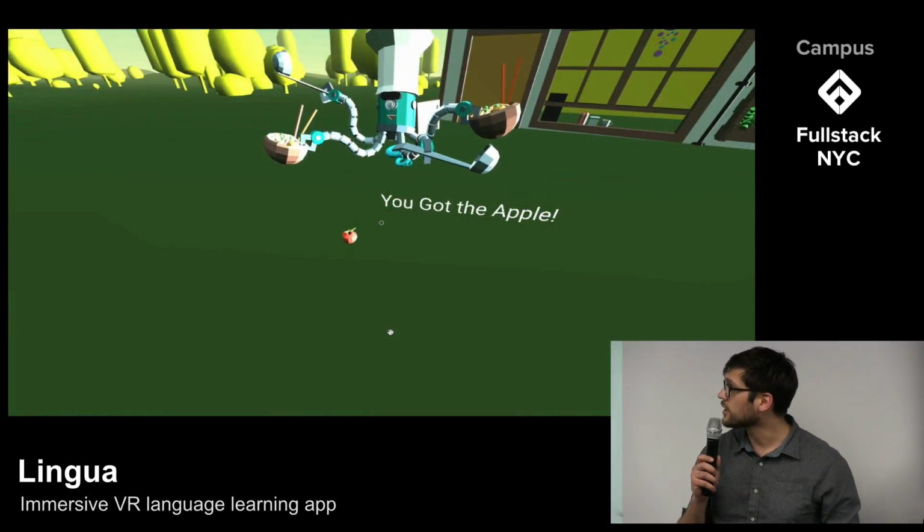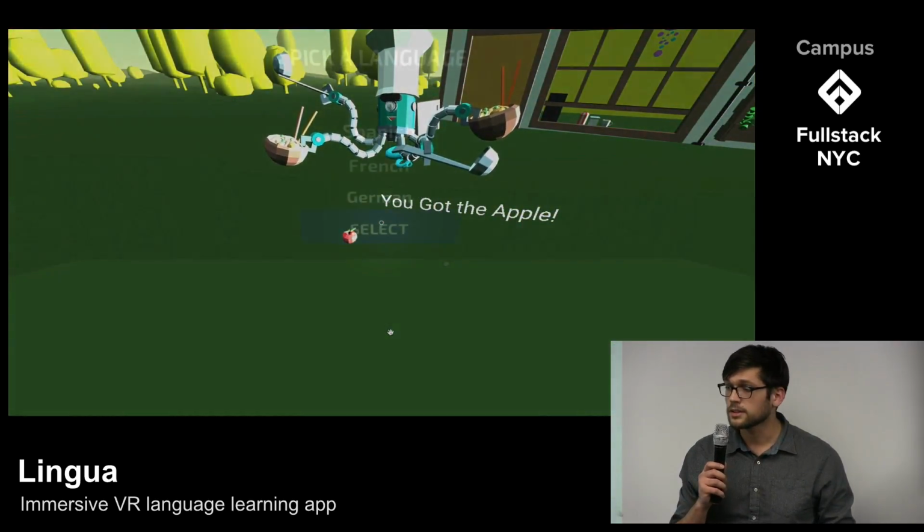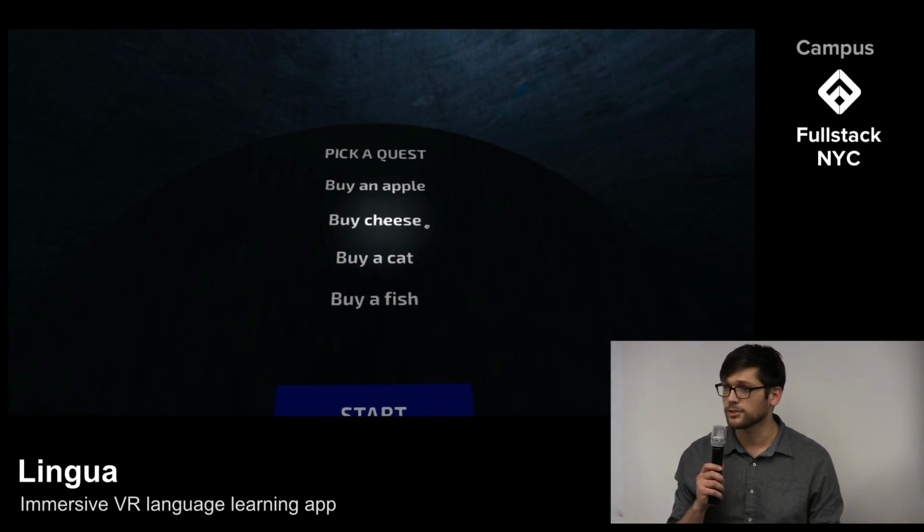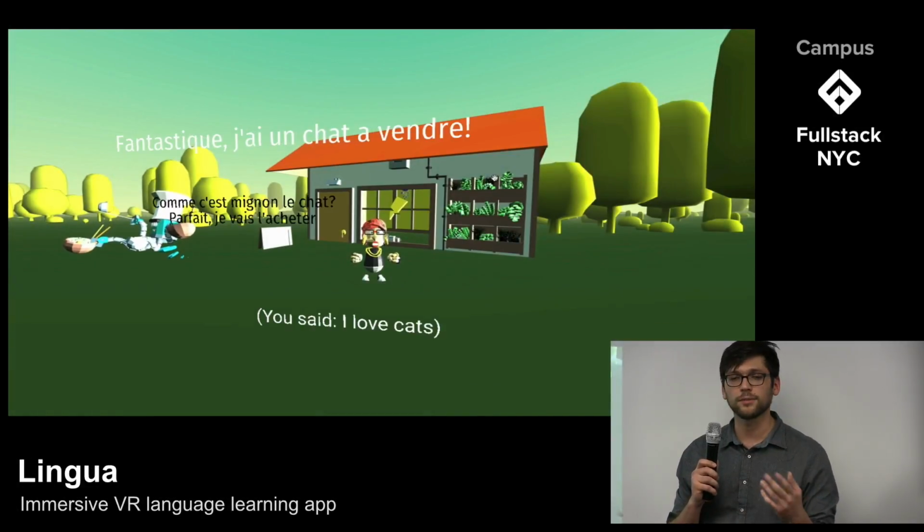Once a user initiates conversation with a character, Lingua uses the Mozilla speech-to-text API, which is already built into most browsers, to recognize their vocal input. Once a match is found, our conversational utility function determines the path that the conversation will take and the next